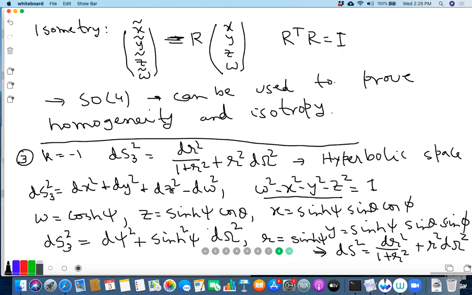Yes, exactly. So this is the metric. These four coordinates don't exist; they are fictitious. We are just describing this as an embedding, but you can perfectly well live without it. All the homogeneity and isotropy transformations can be written purely in terms of the coordinates r, theta, phi, without talking about x, y, z, w. It's just easier to visualize if you use these embedding coordinates. Any other question?